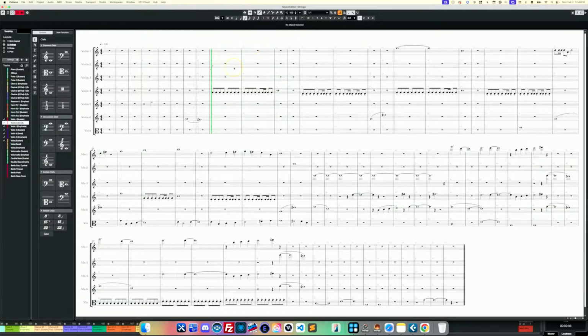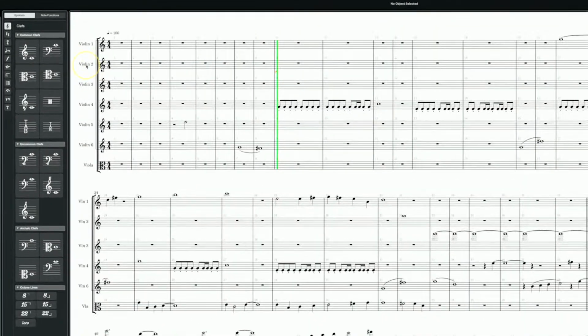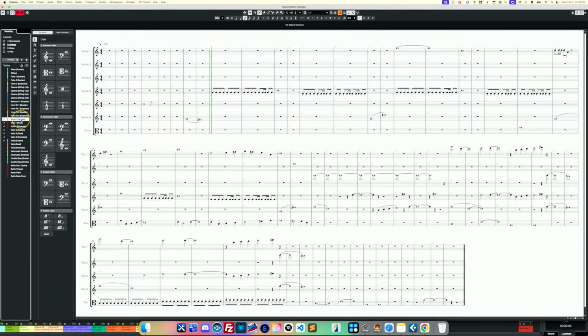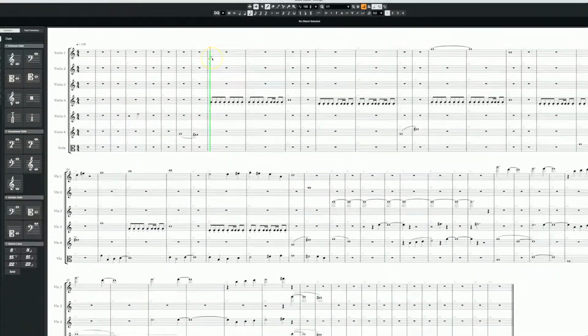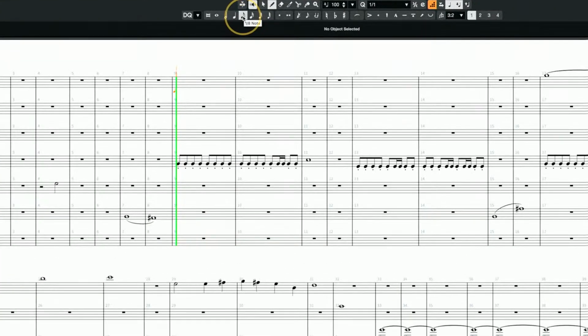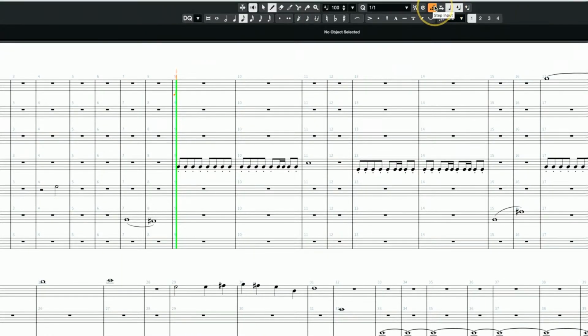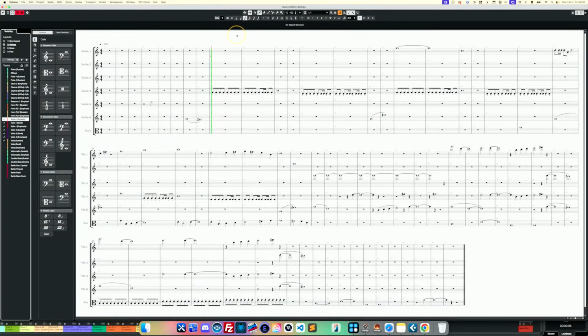All right, and then you can see it's actually marked violin 2 here. Let's just go with violin 1. You can see the caret move to the top there. And now I can just play on my keyboard, and it's going to input 8th notes one after another. That's what step input does. It's just going to input consecutive notes with this note value. So I'm going to play in, on my MIDI keyboard, a C major arpeggio, right? We'll go up to the 7,